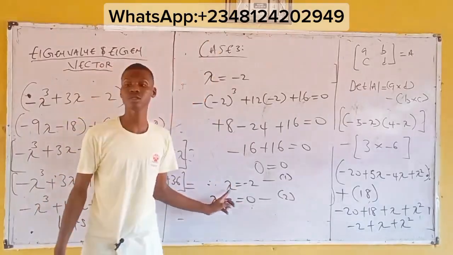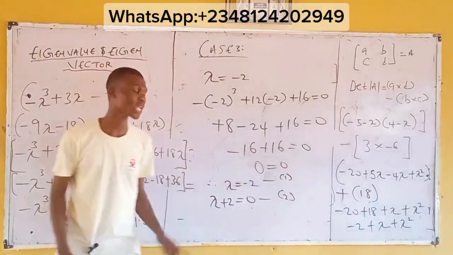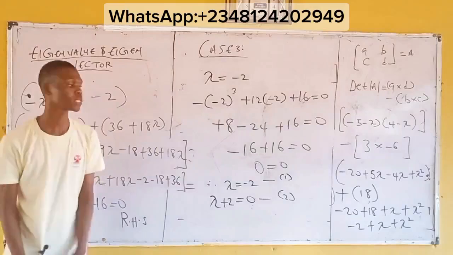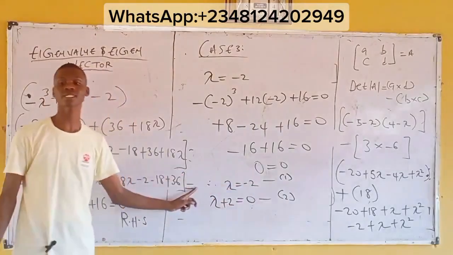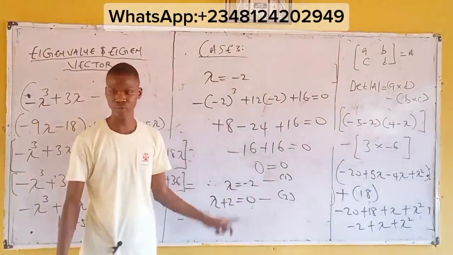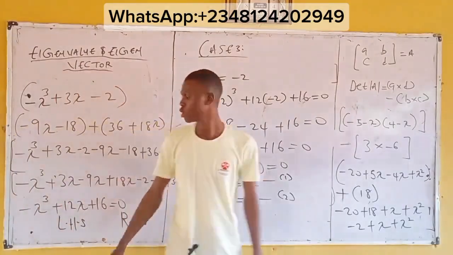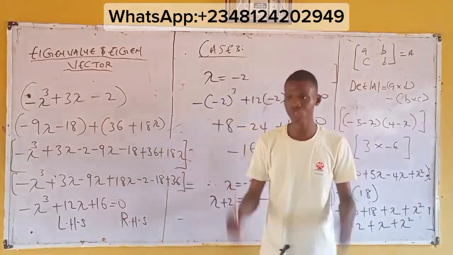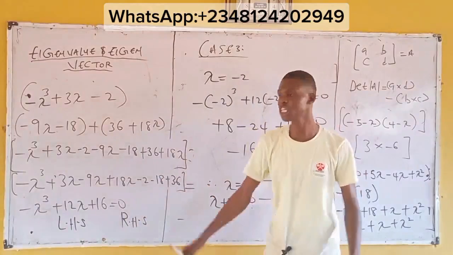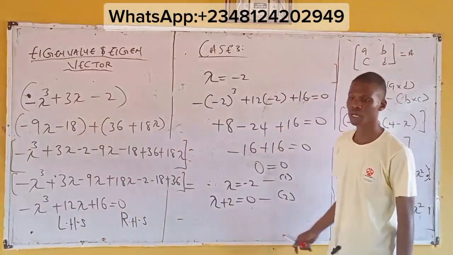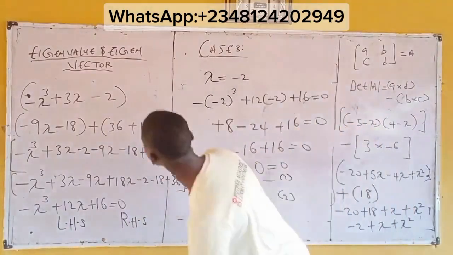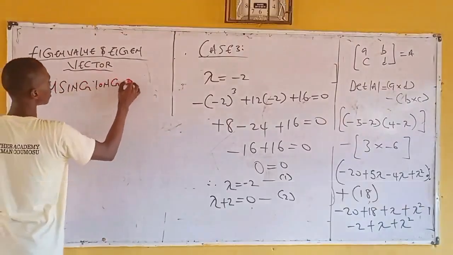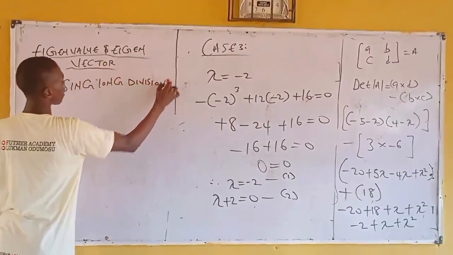We can't make use of it directly like this. So we are now rewriting 1 to be 2. I'm now asking, is it correct? It is correct. You can now bring this negative 2 to the left-hand side. It becomes lambda plus 2 equals 0. Meaning, to solve for the other factors of this equation, what are you going to do? Use long division. So this becomes the divisor in this case. Now, using long division,